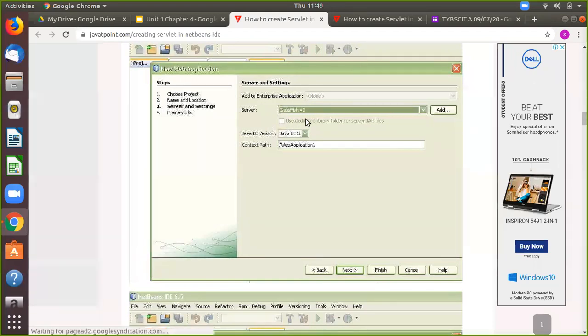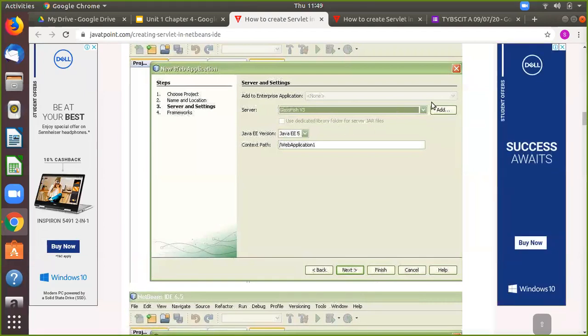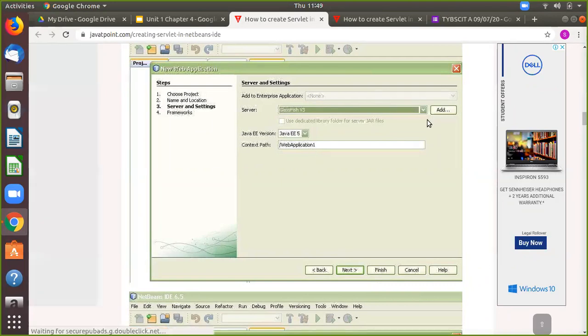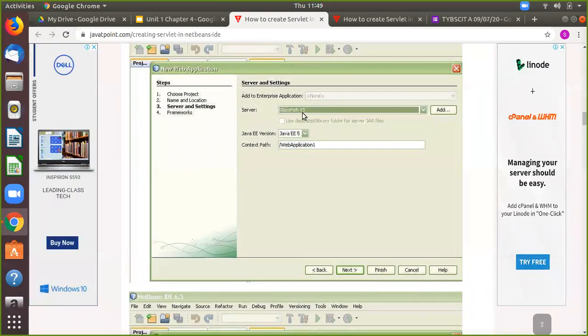So it is important. Here you have to select the version. You also have an option called add. Sometimes when you install NetBeans, you have a pre-built Glassfish server. Sometimes when we move one level up in technologies, it is required to be added externally. That means we have to download the Glassfish server externally, install it, and add it from here. We are going to do that in this practical. Don't worry, I'm just showing you the steps right now. Why Glassfish is required is the most important thing to understand.